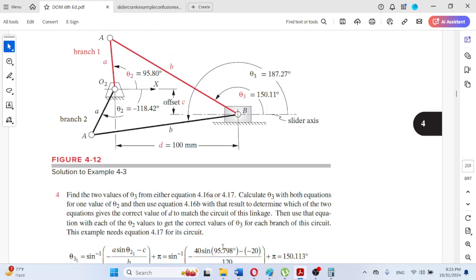Both theta 3 values will be calculated for theta 2 1, meaning this position of